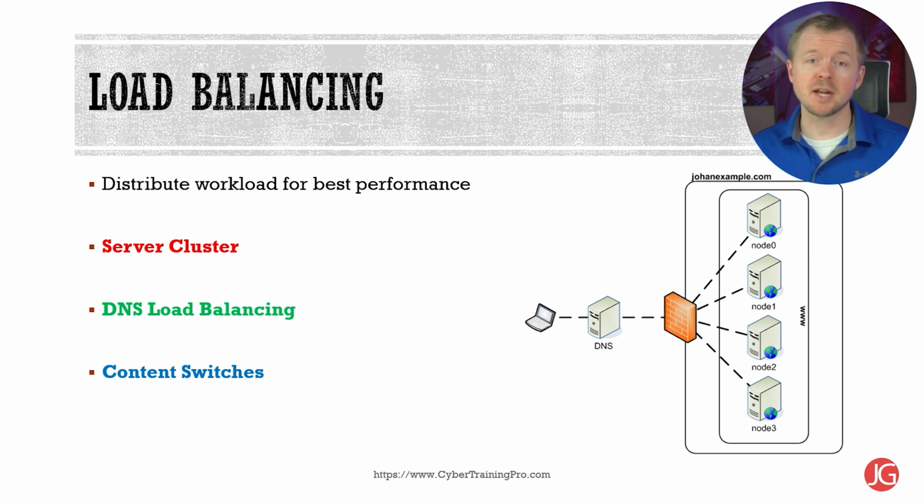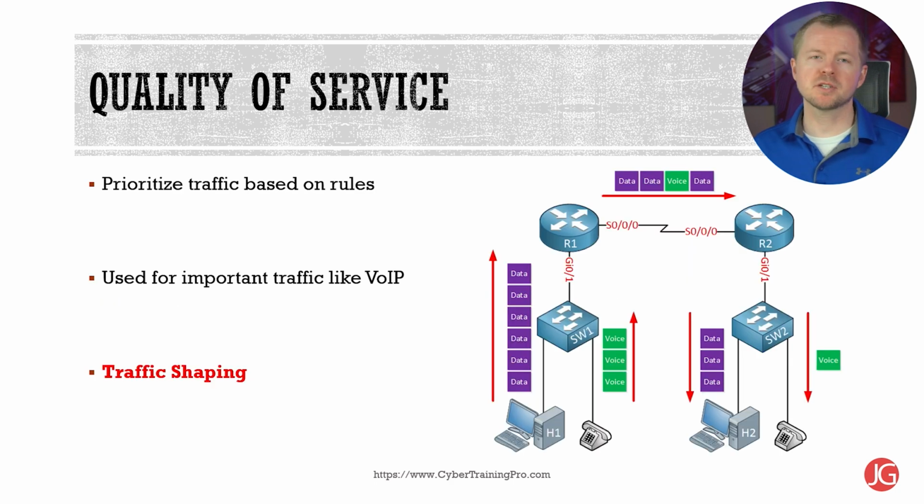functions. For example, they can handle web cookies, and that way they remove some of the workload from the web server. Quality of service, or QoS, policies allow you to prioritize traffic based on certain rules. For example, you can use it to control how much bandwidth a protocol or a system uses. Traffic shaping is a feature of quality of service where you can control the flow of packets into or out of the network according to the type of packet or other rules. If you want to guarantee or restrict a certain bandwidth or latency to a specific application, then this is extremely